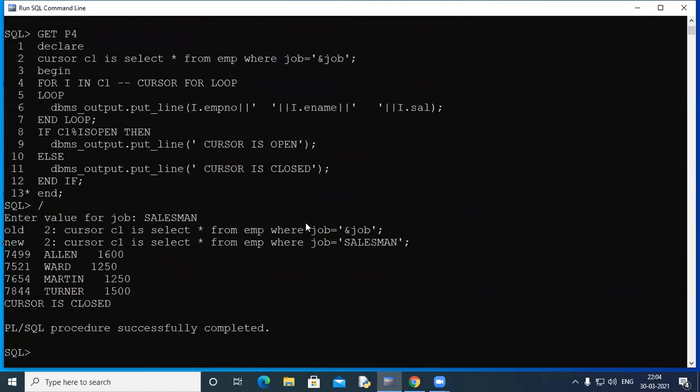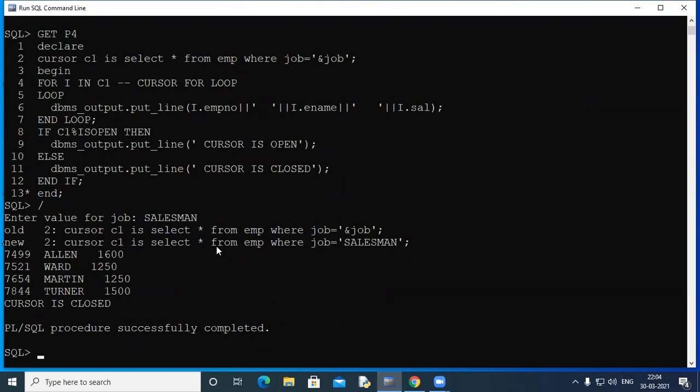So you can see, whatever I told you, it will fetch all the rows one by one and display the rows. The variable I takes care of that row type thing that you declared. No need to declare that. That declaration is gone, open statement is gone, fetch is gone, exit statement is gone, close statement is gone. So it is very convenient to use a cursor for loop.